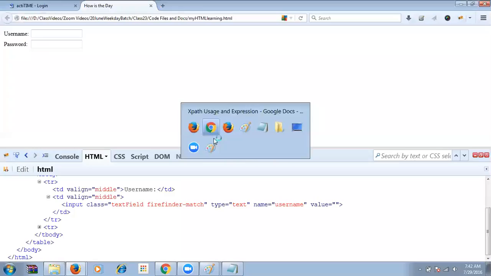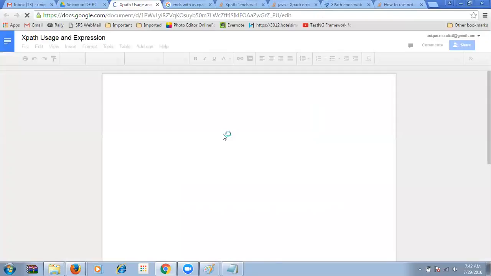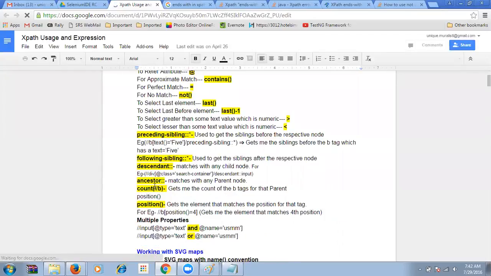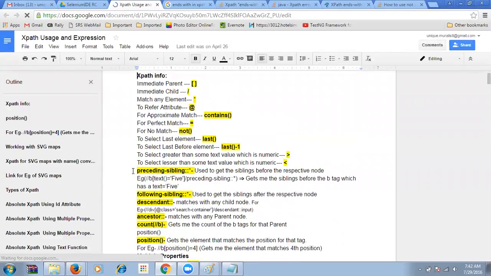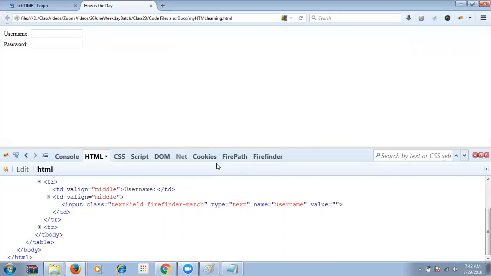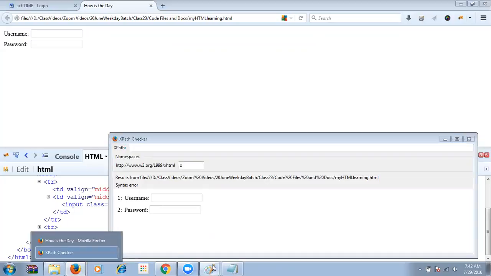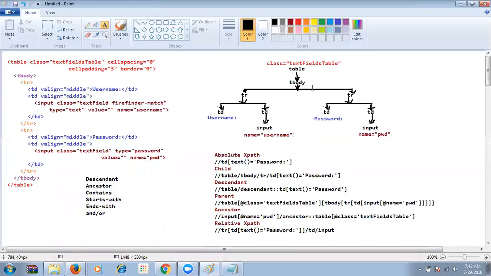I'll open the XPath window. So now I'll go for the preceding sibling and then the following sibling. We have seen descendant and ancestor, all those things. I'm going to go with the preceding sibling now. So what does preceding sibling mean? Right now, if I open this XPath, from this input tag,